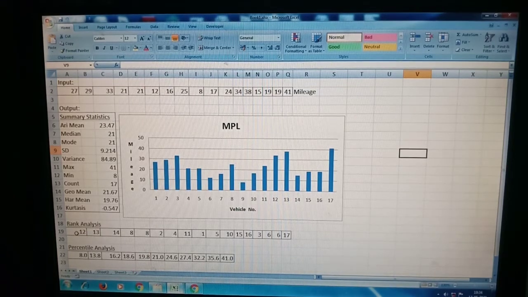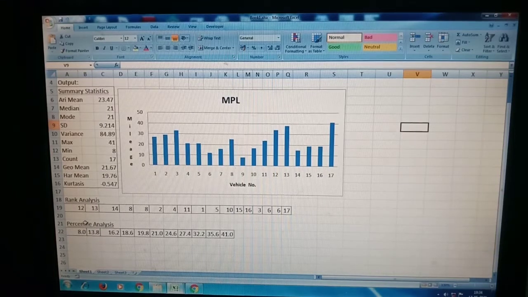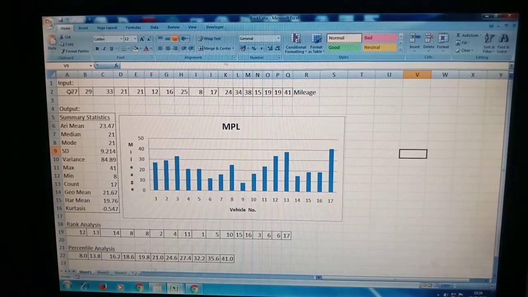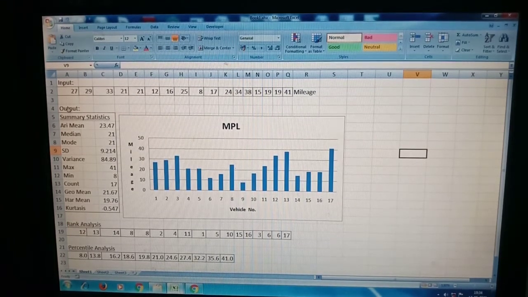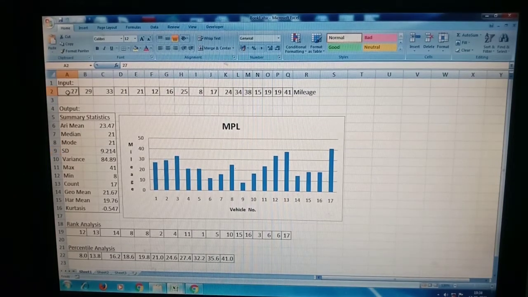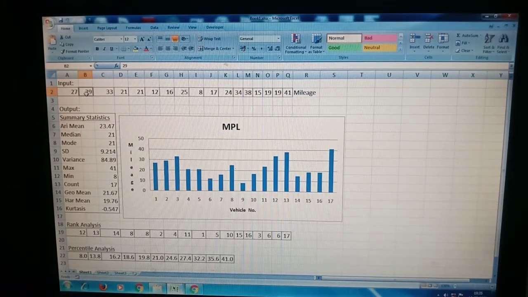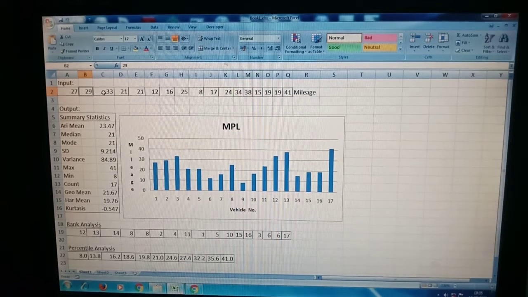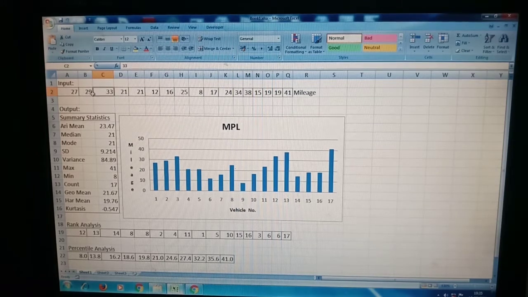Next, rank analysis. We have to rank these 17 values one by one. For example, what is the rank of the vehicle with mileage 27? What is the rank of the vehicle with mileage 29? What is the rank of the vehicle with mileage 33? Like that we have to calculate.